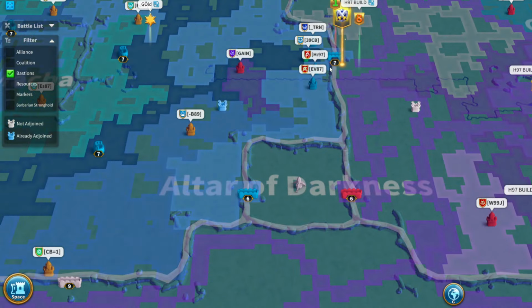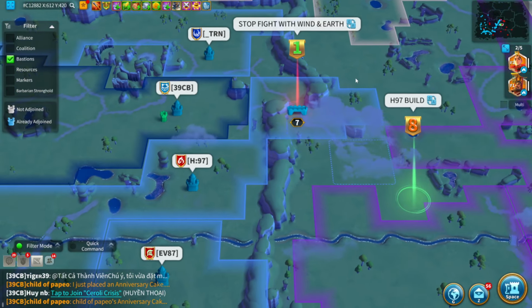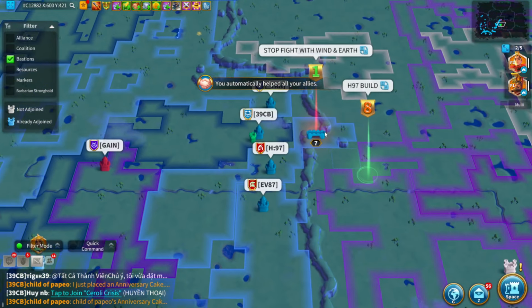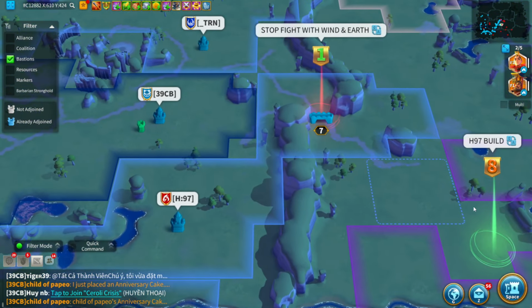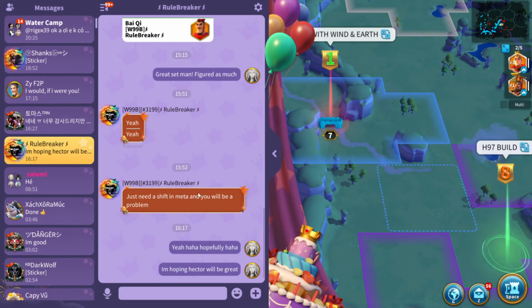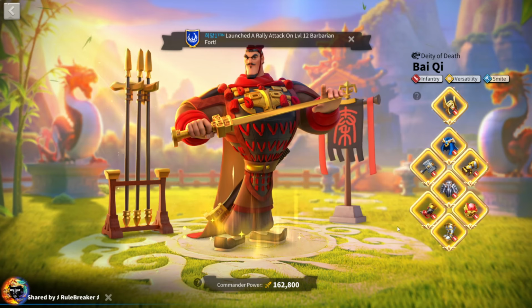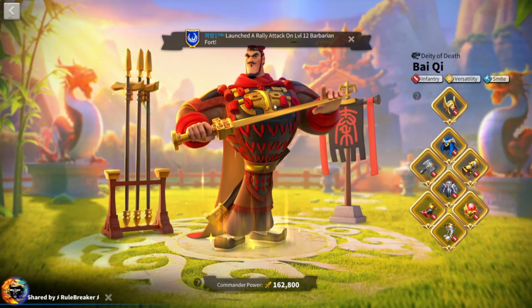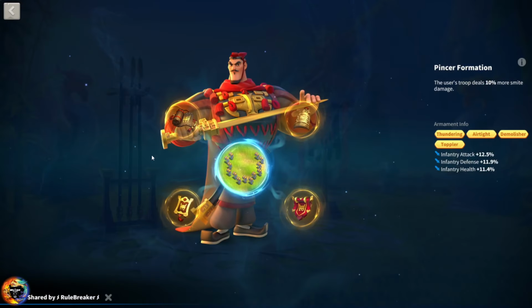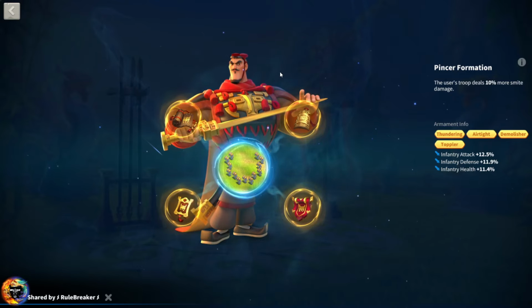When Pass 7 opened, we were competing for this pass right here. You might have seen my other video where we tried to break into the pass, but one of the really crazy garrisons that 3199 had, called Rule Breaker, was there. He did share his equipment with me afterwards, so you can see that he has awesome equipment for infantry, and also fully legendary inscribed pincer, which was really hard to break